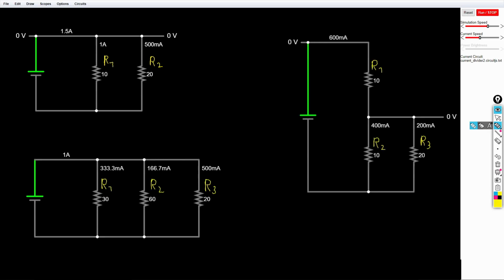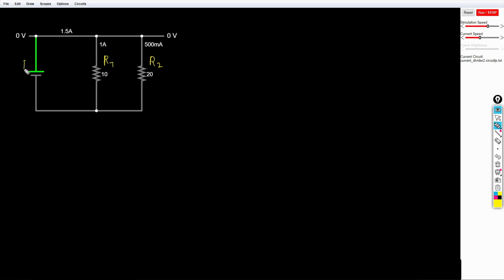In this video, I will explain the concept of the current divider on three circuits which you can see on screen. The current divider is used to calculate the branch currents if you have a given input current. We will start with the basic principle, therefore we use the circuit of the two parallel resistors.